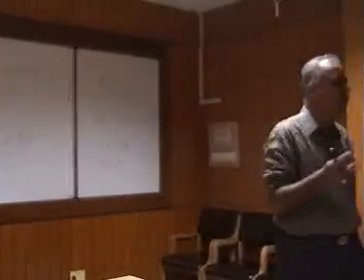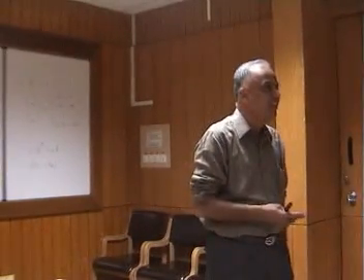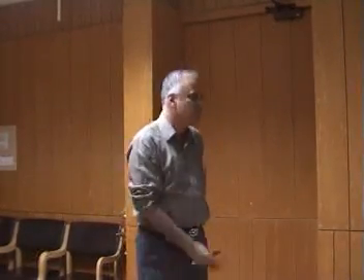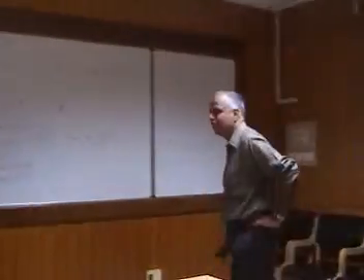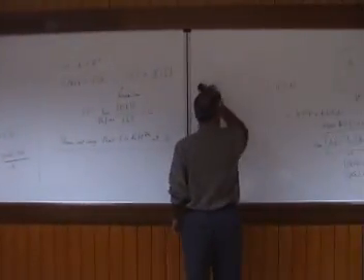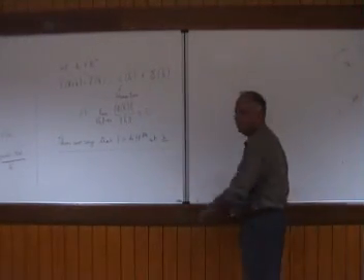Each component going to 0 is not a big deal. What I want is for it to go to 0 at a faster rate, so that even after dividing by the norm of h, it still goes to 0. Okay, so what you want to say is each component's modulus divided. See, after all, what did I say? In finite dimension, it all boils down to coordinate wise convergence. Everything in finite dimension can be reduced to coordinate wise convergence. But in infinite dimensions, you have to write it this way.